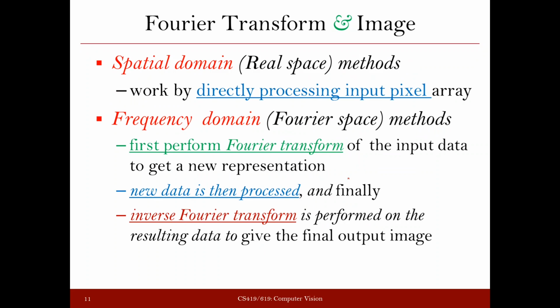Normally, the original image that is given to us will be in the spatial domain. If you want to work in the spatial domain or the real space, we can directly work on those pixels and do the operation. But if we want to do operations in the frequency domain, what you have to do first is convert whatever function or image is given to you to the frequency domain. So you have to take the Fourier transform of it.